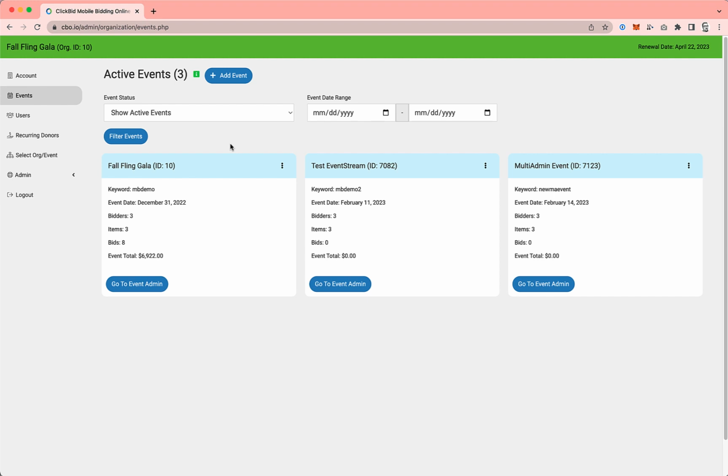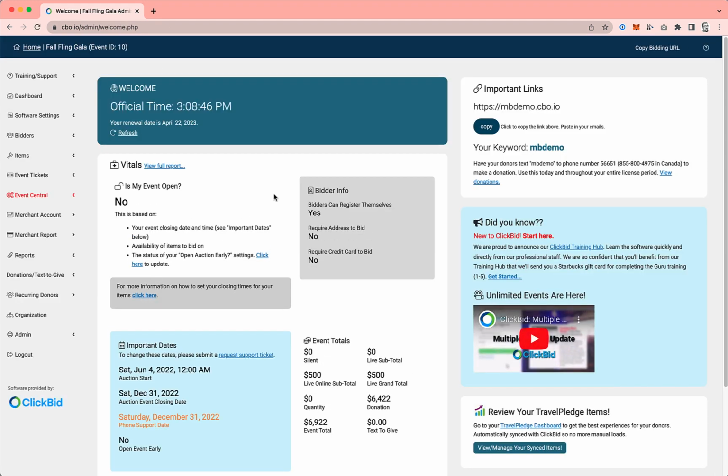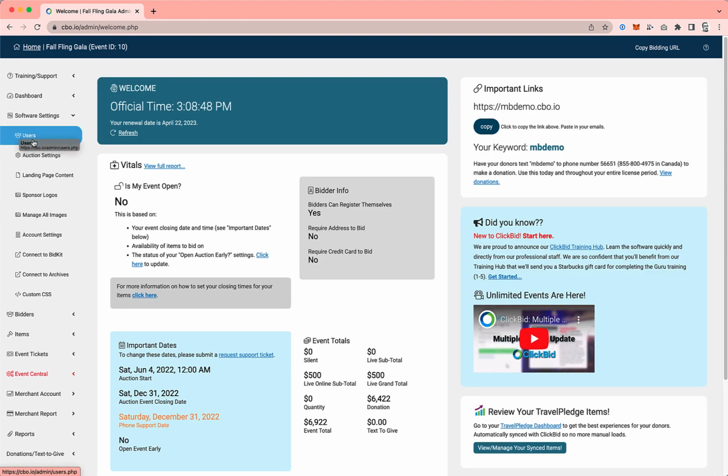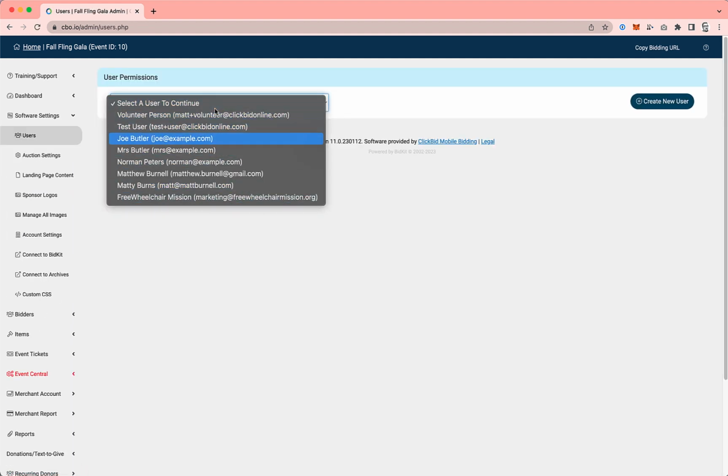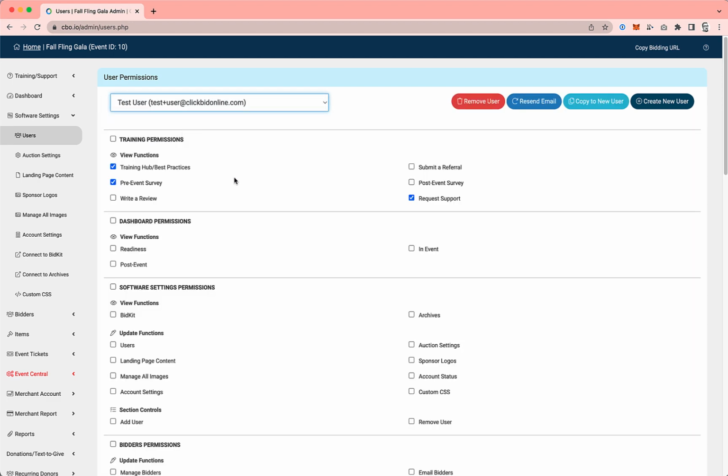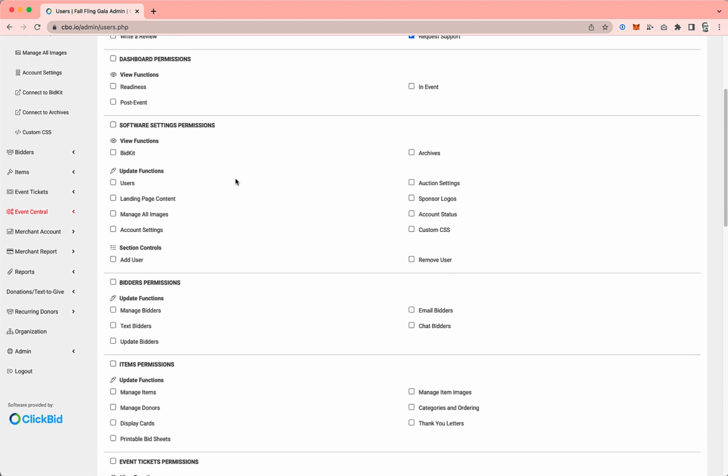Very simple, easy to do. And then another thing too is the user account. You'll remember, and you'll learn a little bit about this further on in the Training Hub if this is your first time using. If you go to users, I can have as many users as I want in my account. And I'm just going to go to test user, and you can see here that this test user can have